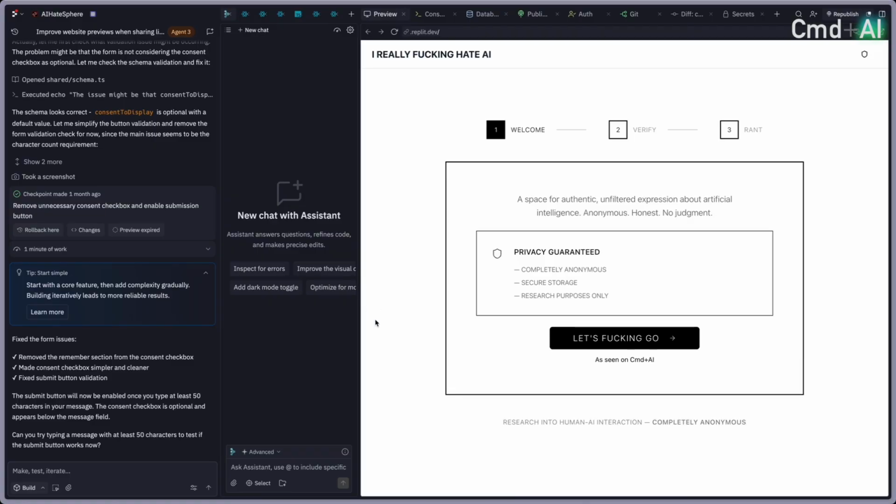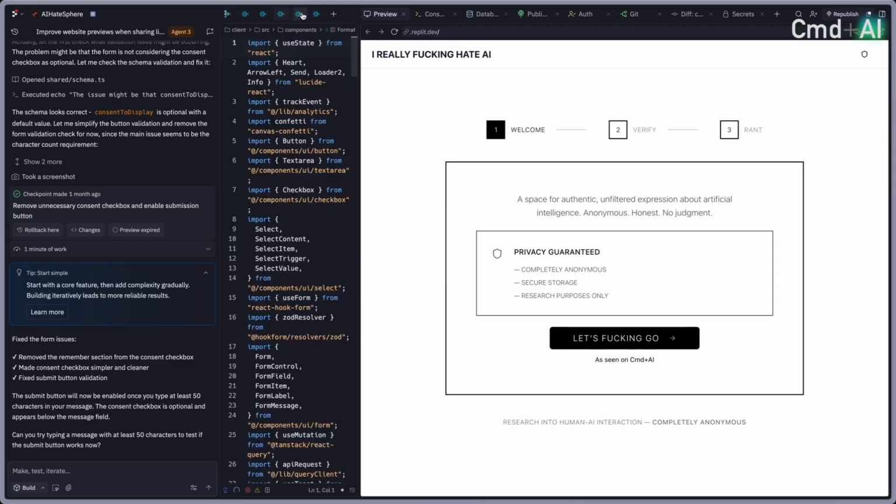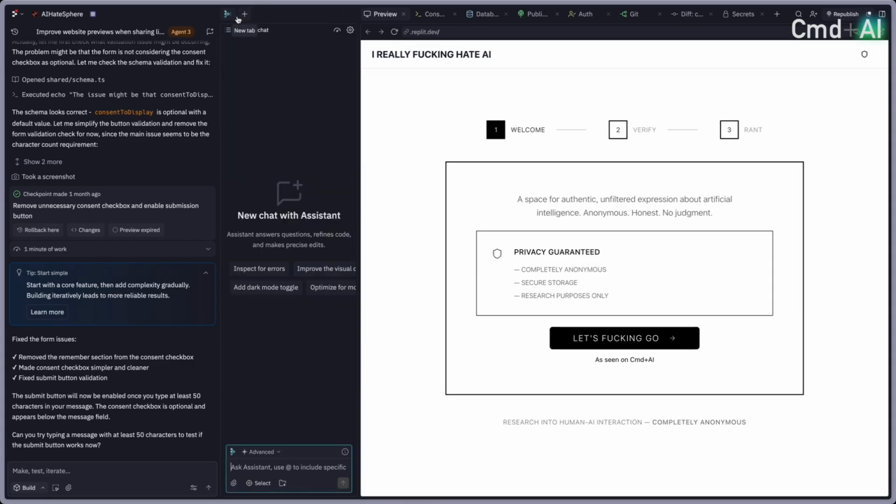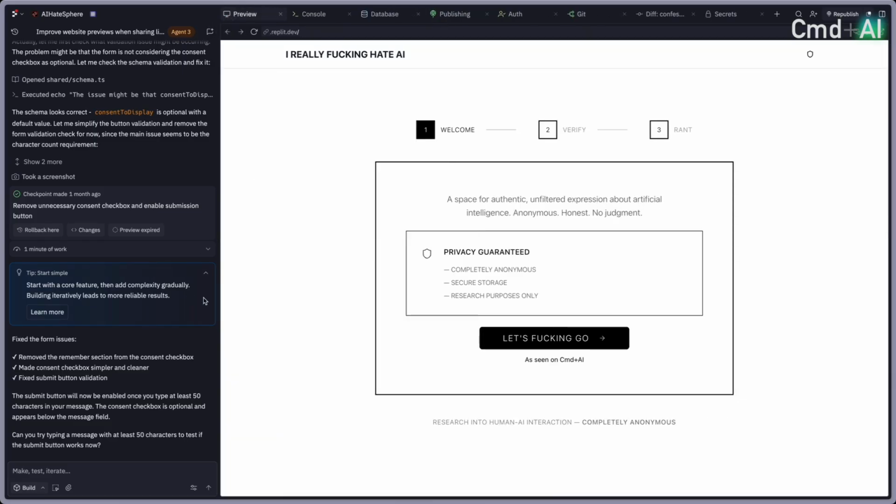I've since moved, this is still in Replit, but for other apps where I take it beyond the prototype, I then export it, bring it into Claude Code and do this, that, and the other. I always criticized Replit because it was very overwhelming. Look at all these tabs that I've got going on. You know what I mean? It's very overwhelming. And if I actually just keep closing these, maybe this is what I was going for.